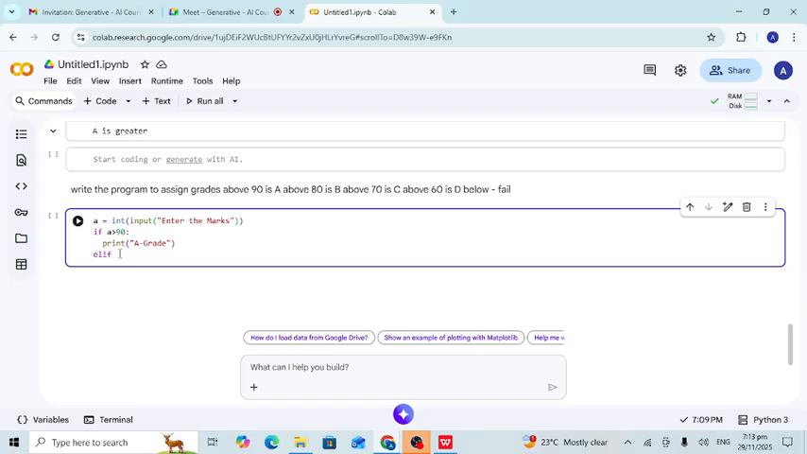After elif you have to write another condition. Elif a is greater than 80. If this statement is false, then it will run this statement. If a is greater than